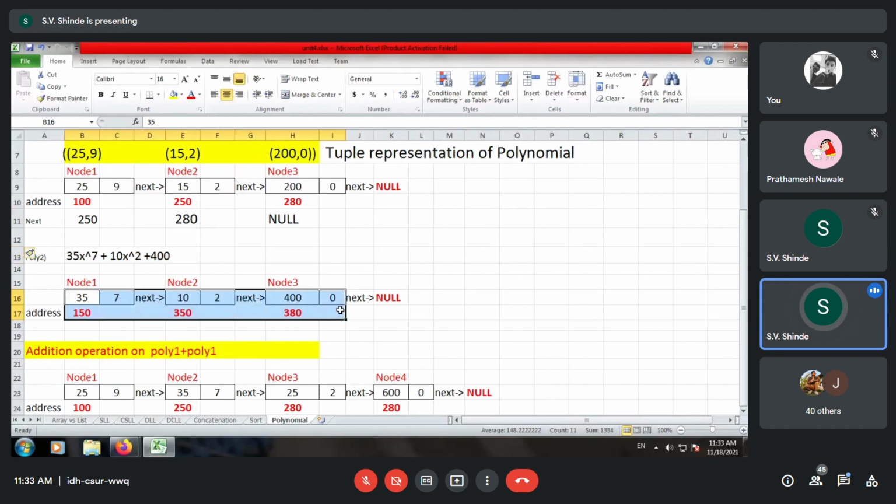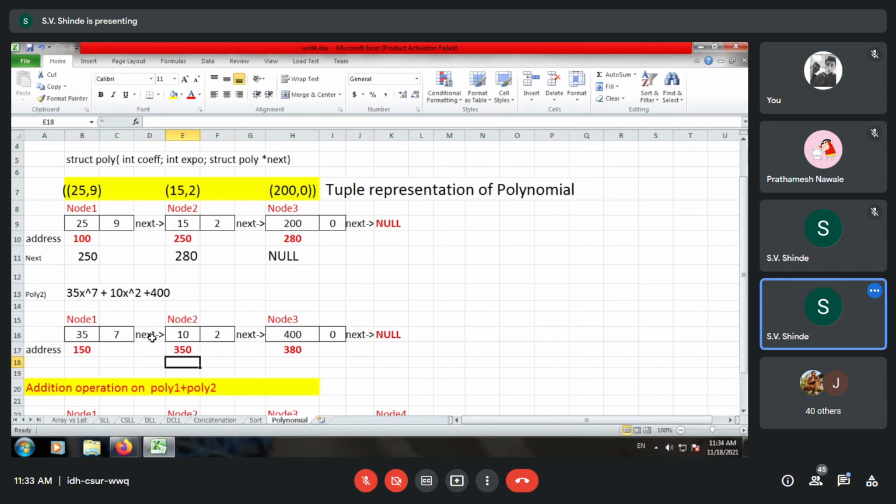Now what we have to do, we have to add these polynomials. So we have to add polynomial 1 with polynomial 2. So addition operation is to be discussed. When we add, we have to match the coefficients and the exponents of a particular node to add it.